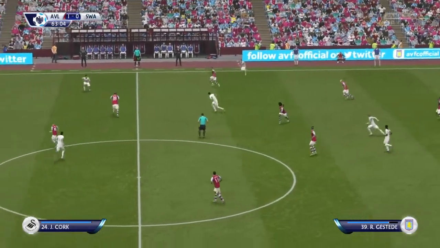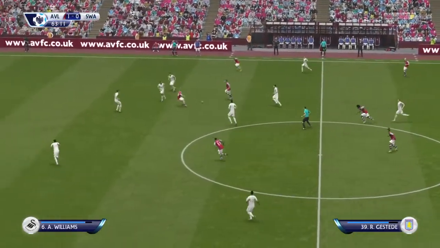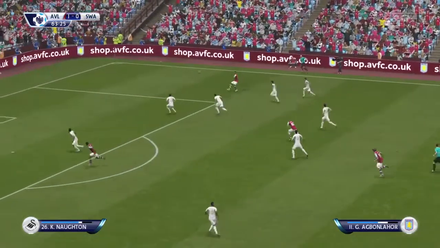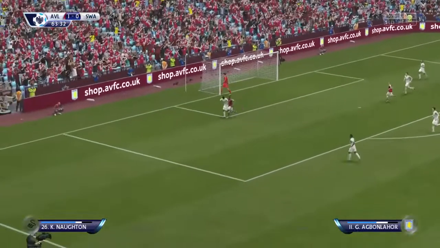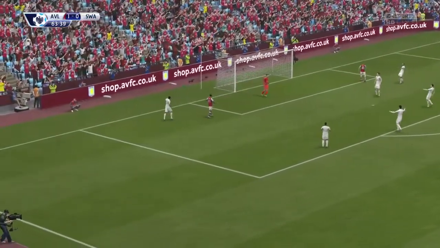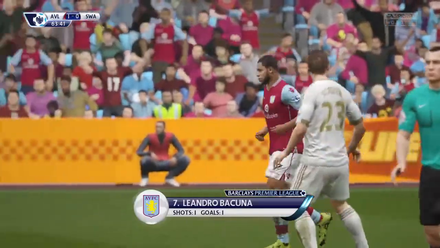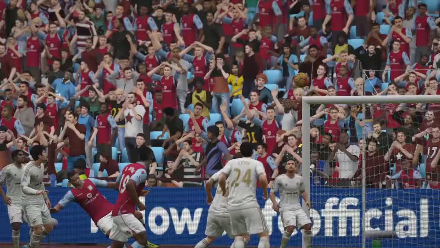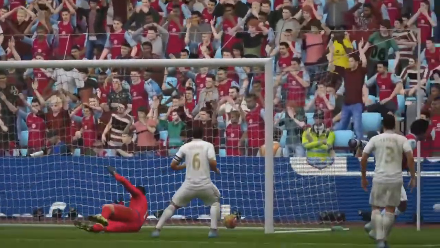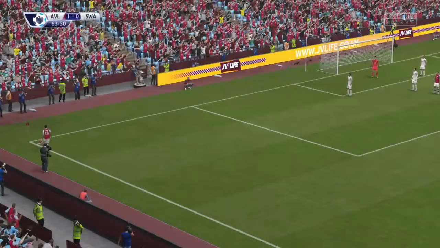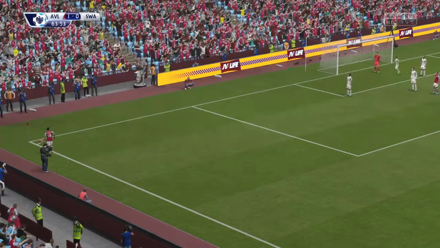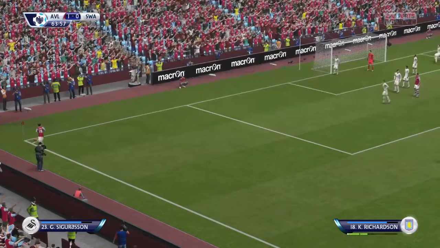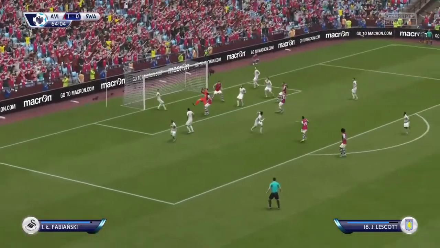Jordan Ayew. He's got it away, and that's what you have to do. Well, that's all they can do at the moment, concede the corners. That's a fine goal, and we can see it again here. Well, I don't think it should have found its way in, but give him credit, he did get some power from some distance out. Good work by the goalkeeper.